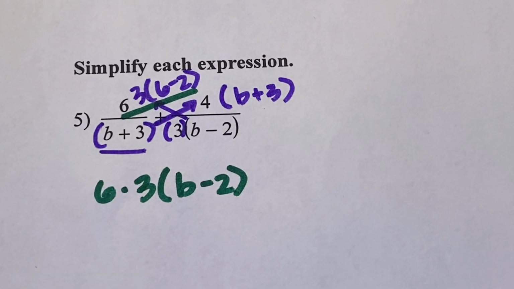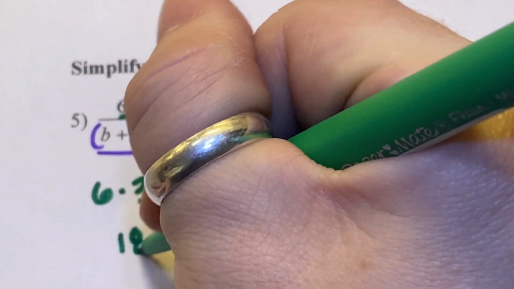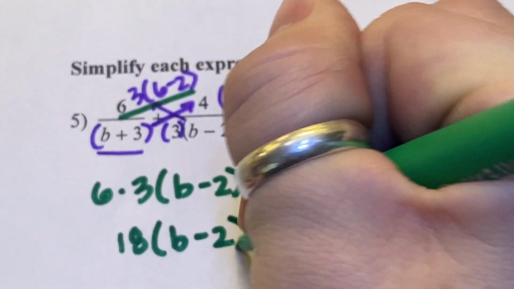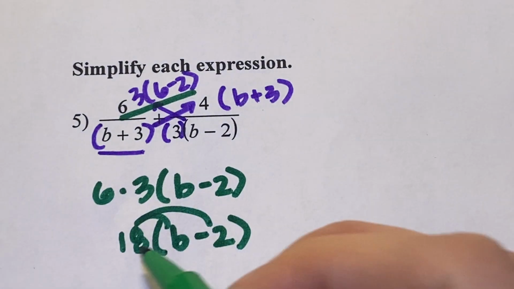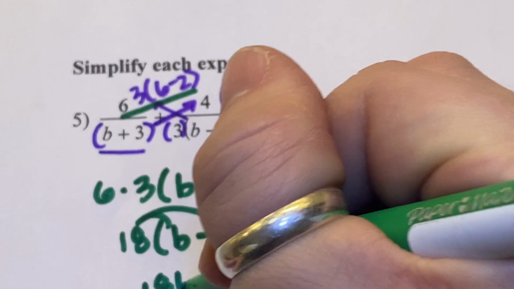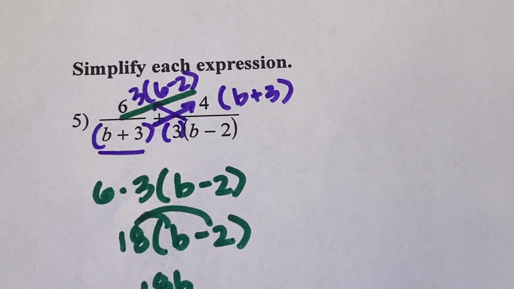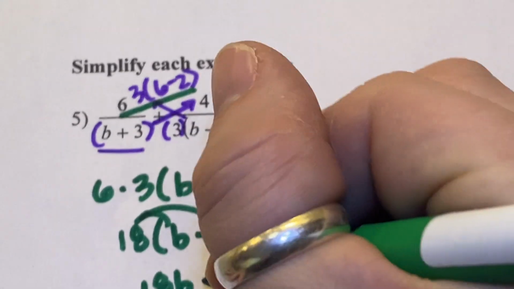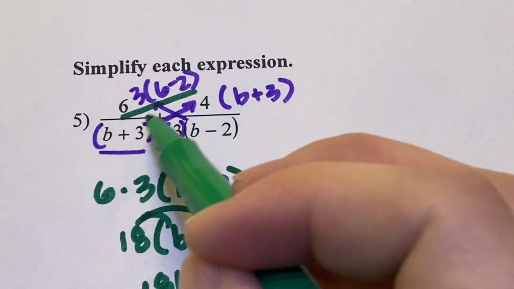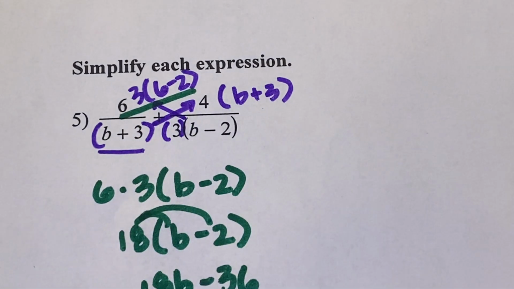Okay, first of all, what is 6 times 3? What's that going to give me? 18. Okay, now we need to distribute the 18. 18 times b gives me what? 18b. 18 times negative 2. What is 18 times negative 2? Use a calculator if you need to. Negative 36. Okay, so that whole first numerator changed from a 6 all the way to that